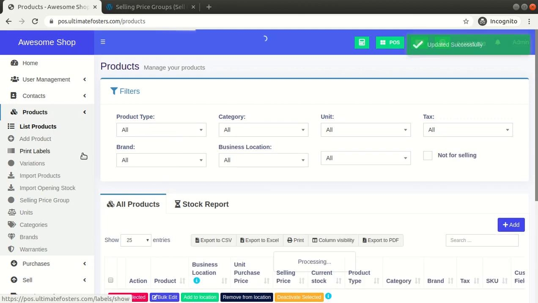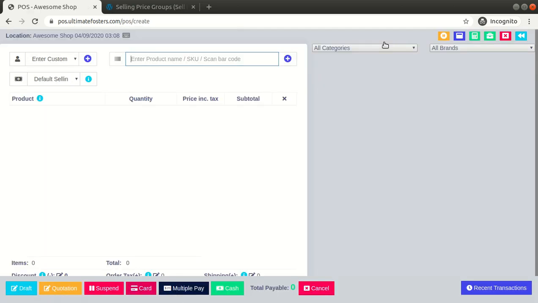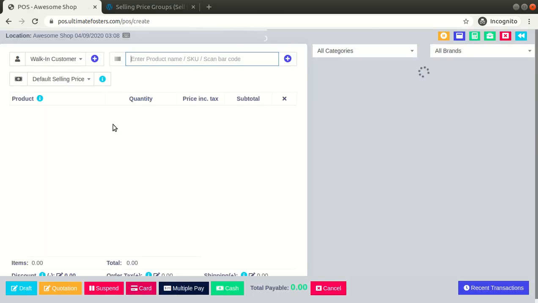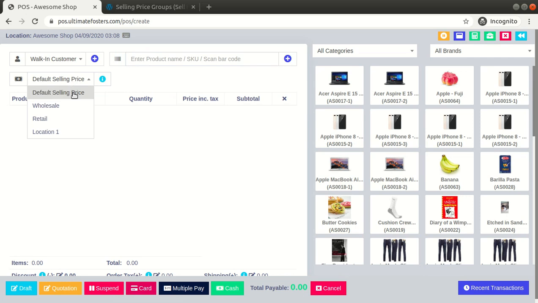Okay, after I have saved this particular product, if I go to the POS screen, it is showing me the options for which price group I want to use. Do I want to use the wholesale price, retail price, or location one price? Suppose I want to sell it at a wholesale price, I can select wholesale